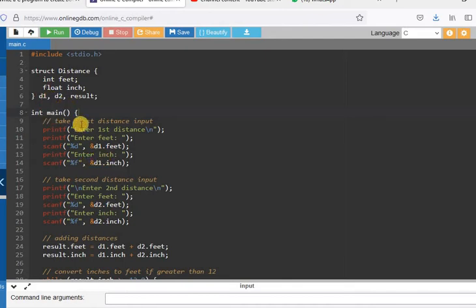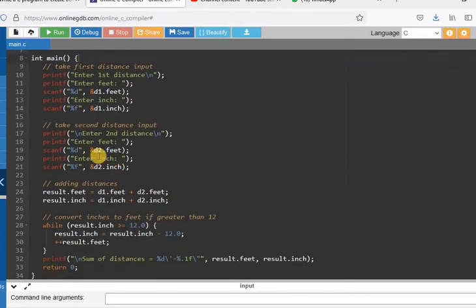So d1 is a variable and inch is a member of that structure. This is for the first distance. Same way for the second, the only change is that instead of variable d1 we should use the variable d2, so d2 feet and d2 inch. By using this scanf, we have taken the input from the user for the feet and inches.